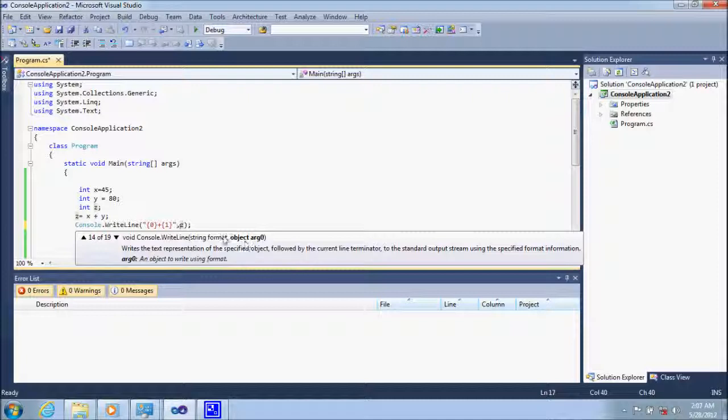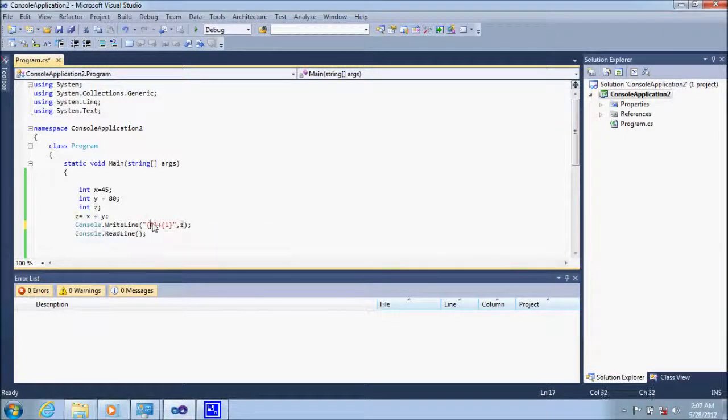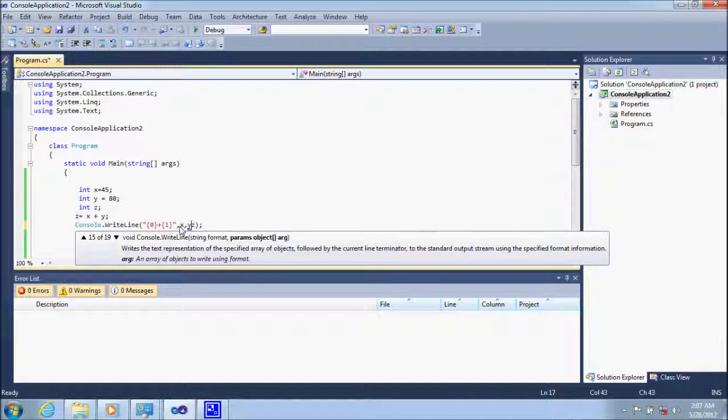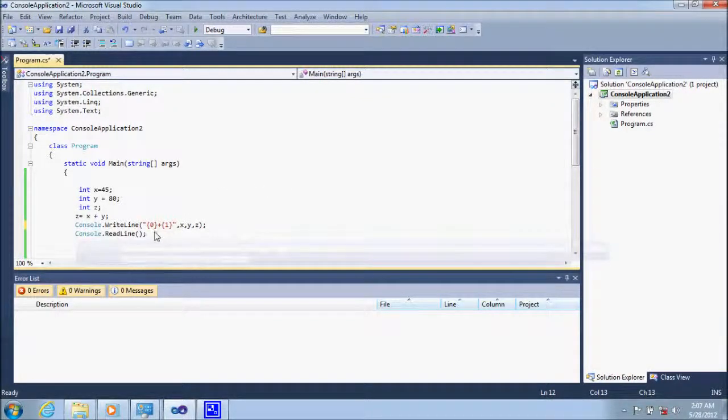This is my first argument, and on that first argument I want to put the value of x, so here I put x, then here I put y, and then z, and for z I have to specify the last argument.